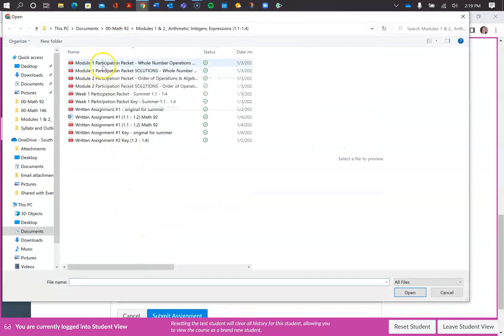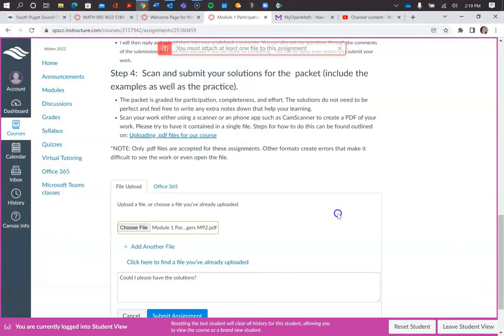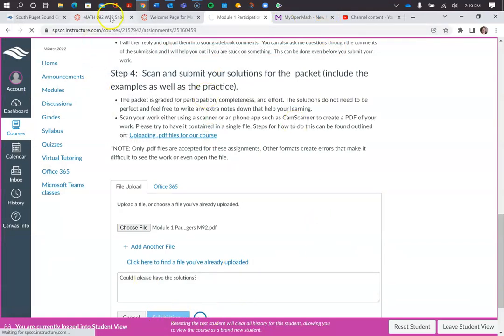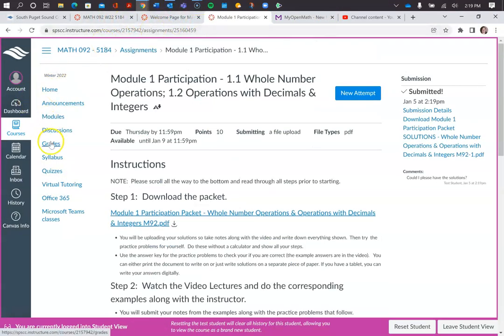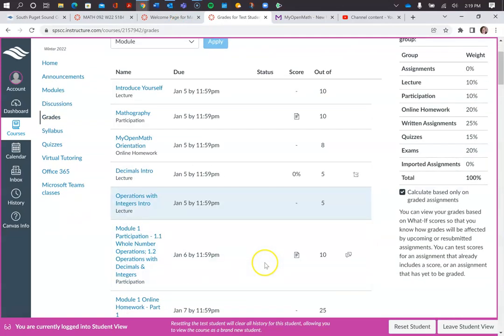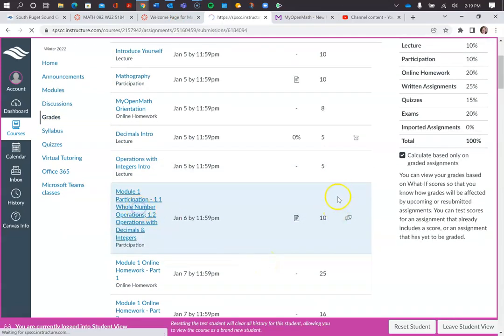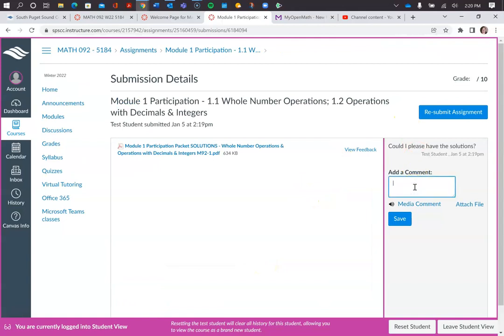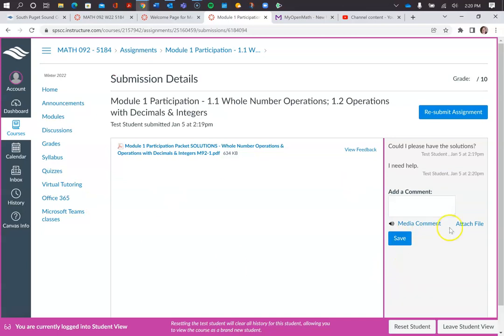So it makes you do a file there, but with the other way, you don't need to have a file. So like if you don't want to submit something, like say you weren't submitting and you had a question about it and you wanted to contact me through there, you could do it this way. You could say, I need help, something like that. And I'll get that sent to me in email, and you wouldn't have had to submit anything. So those are a couple of different options.